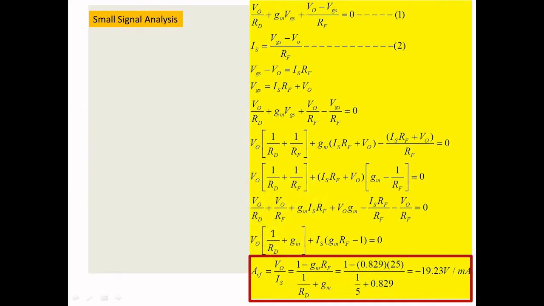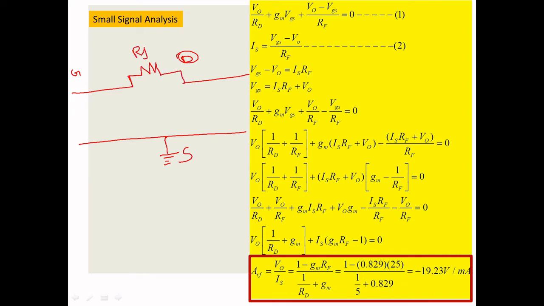So for a clear understanding, I'll draw the small signal model again. Okay, so this is your common terminal, the source. This will be the gate, and this will be the drain. Here you have a feedback resistor RF,